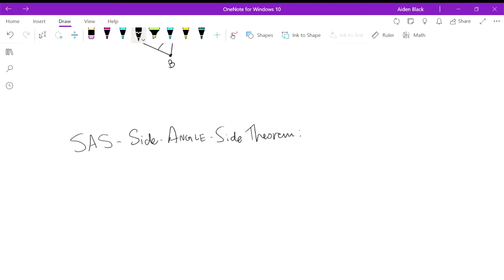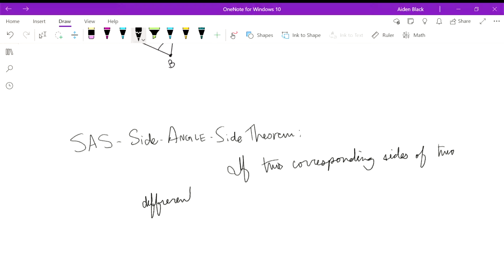So the side angle side theorem essentially just says that if two corresponding sides of two different triangles are proportional, and I'm going to note with same ratio,